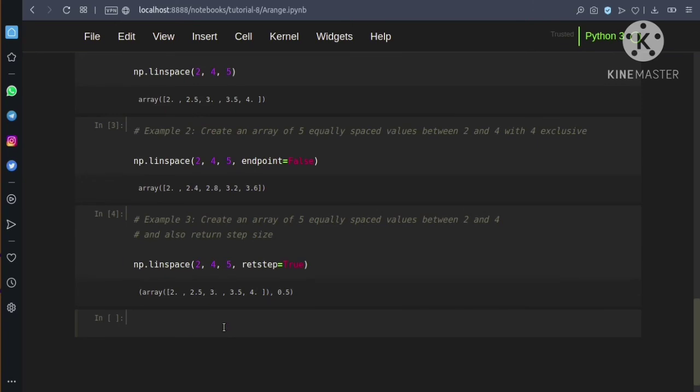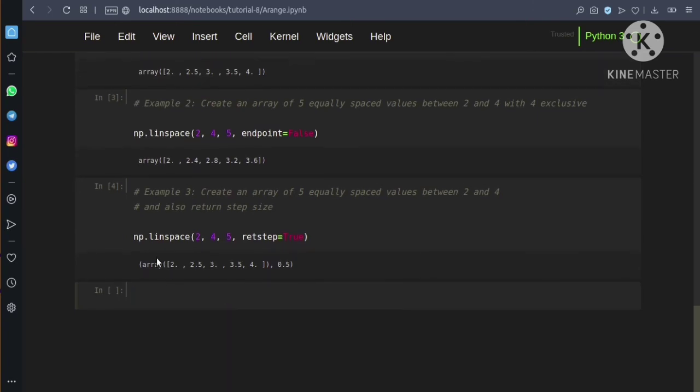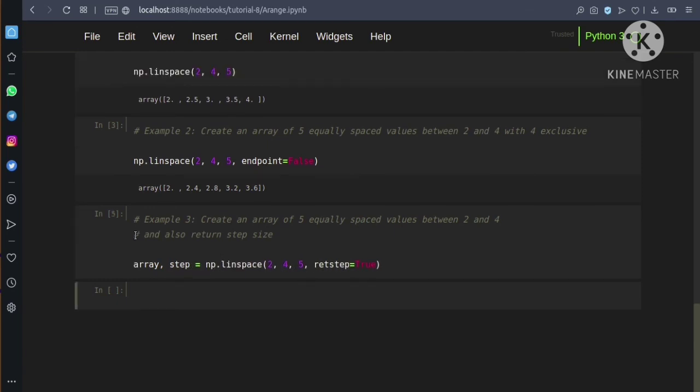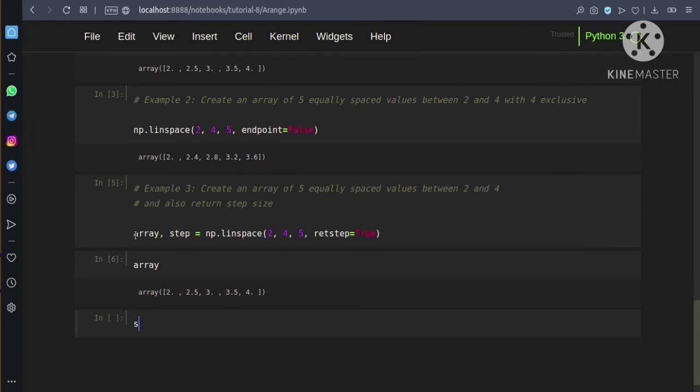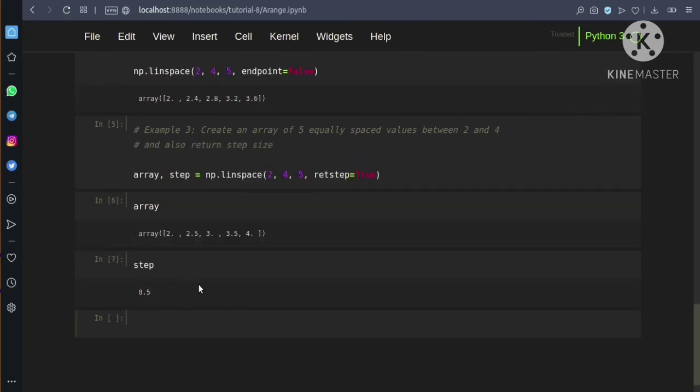So this will also return the step size. So it returns the array as the first item, and then the step is going to be our second return value. So let's print the array, and then let's print the step size. Each has a step size of 0.5, and we have also got the 5 equally spaced values between 2 and 4: 2, 2.5, 3, 3.5 and 4.